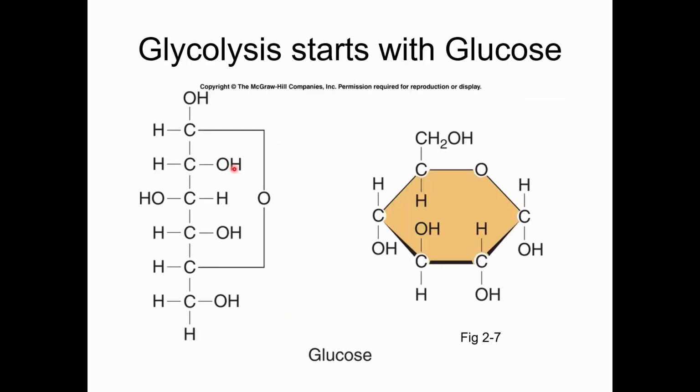So glycolysis starts with glucose. There are a couple of ways to display glucose. Here we see the line diagram and then the bonds to show you that it's really kind of a circle. So glucose is a hexose. It's got 6 carbons. There are a couple of other hexoses. Fructose is a hexose, galactose,